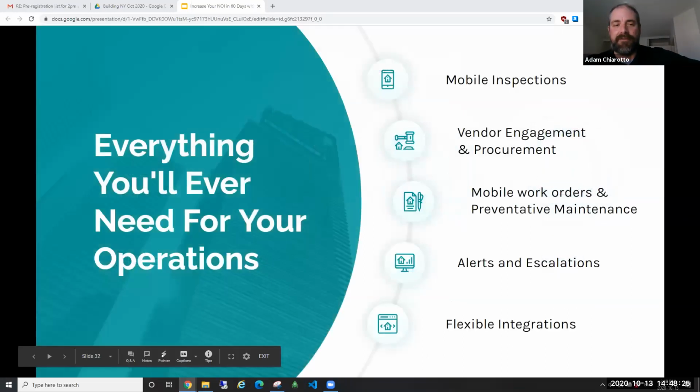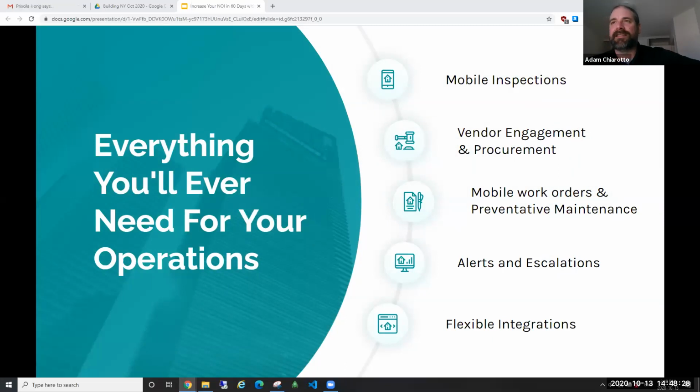And really, it's all you're going to need to manage your operations. We handle this as a multifaceted approach. It's not just unit turnover. It's not just service requests and work orders. We do have an entire mobile inspection module for things such as common area inspections, pool inspections, boiler inspections. Anything that needs to happen on a frequent or recurring basis can be added in as part of our preventative maintenance module. You can build your maintenance schedules so you don't have to say, oh right, it's January, everybody go change your fan filters, or it's April, let's turn off our ramp heat, or whatever.